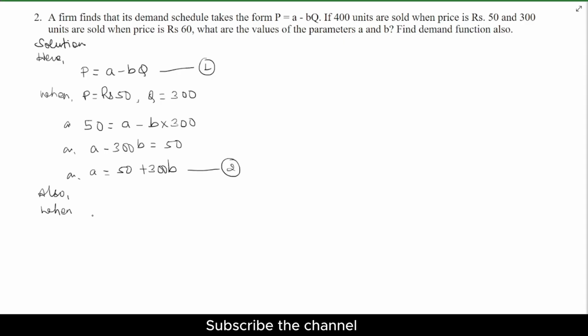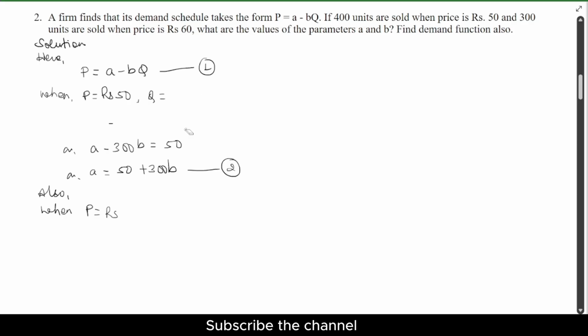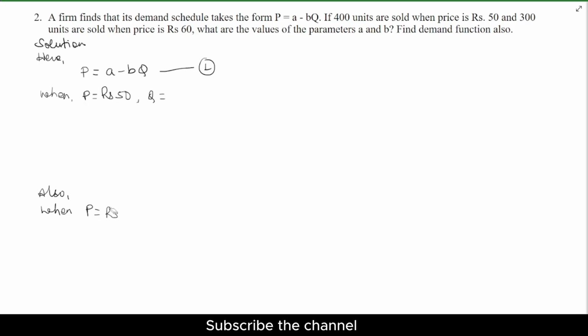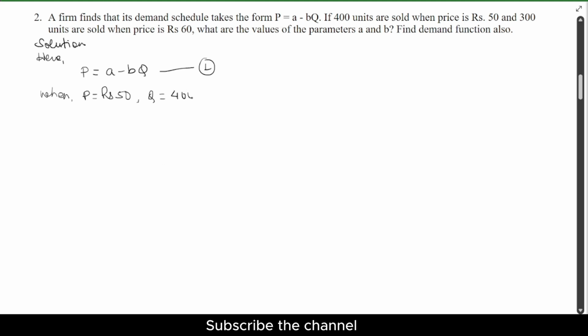When the price is rupees, price equals rupees. Oh, I made a mistake. What I'll do is take the quantity as 400. See, the quantity is 400, then price is 50. Then this equation 1 will become